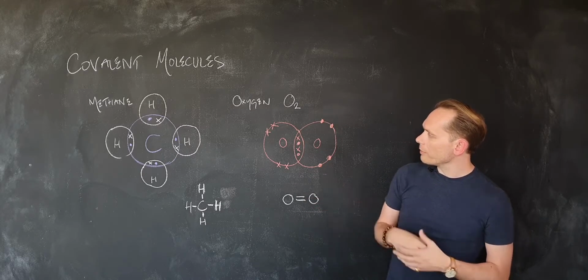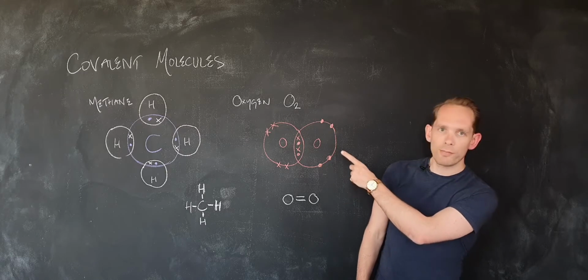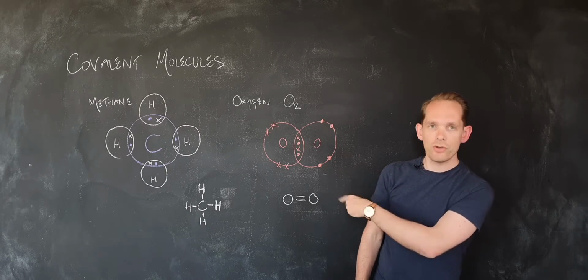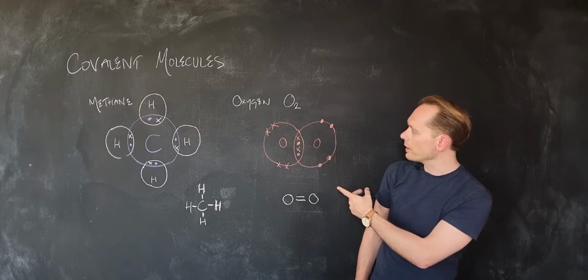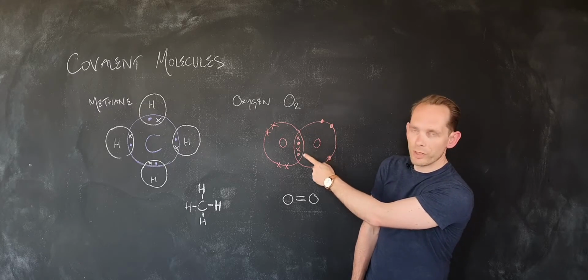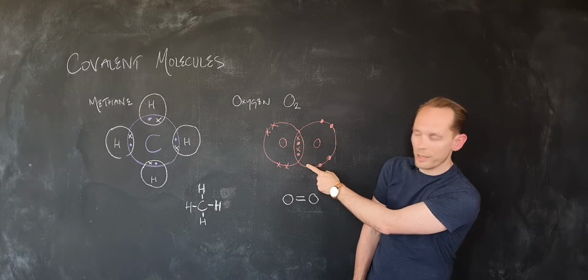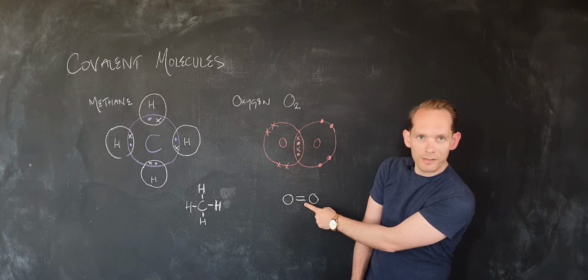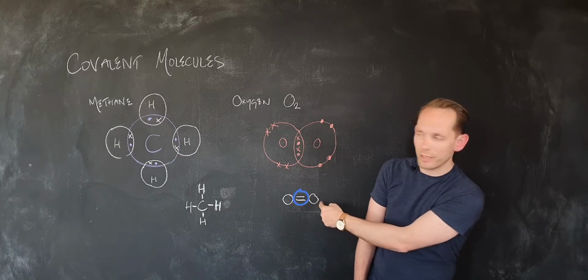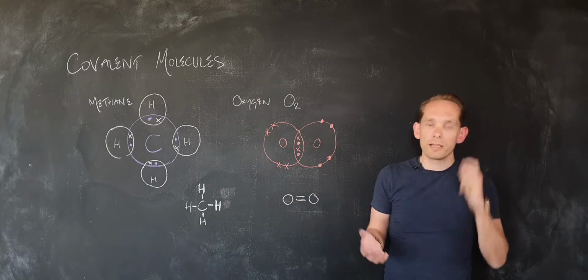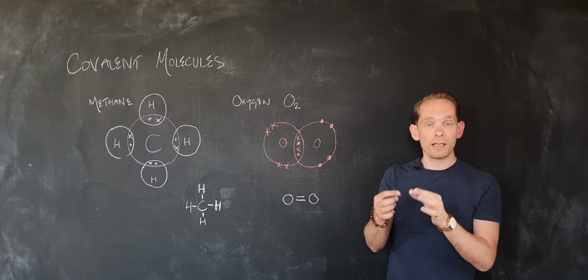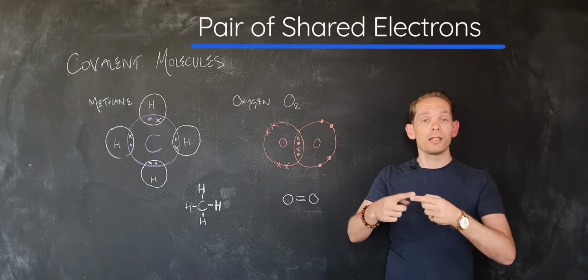The other example here we've got is oxygen. You'll notice, if you remember, oxygen's in group 6, so it needs 2 extra electrons to make up its bond. Then it will bond with another oxygen by sharing 2 pairs, and that 2 pairs means a double bond, which is represented by a double line in shorthand. So just worth reiterating, a single bond covalently is a pair of shared electrons, a double bond is 2 pairs